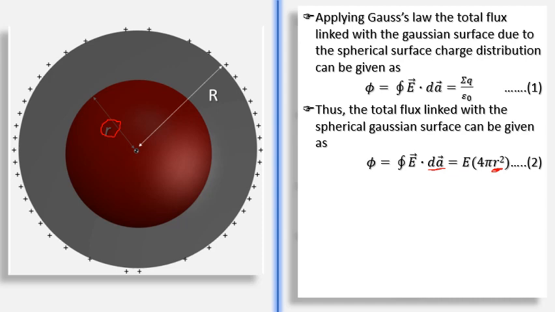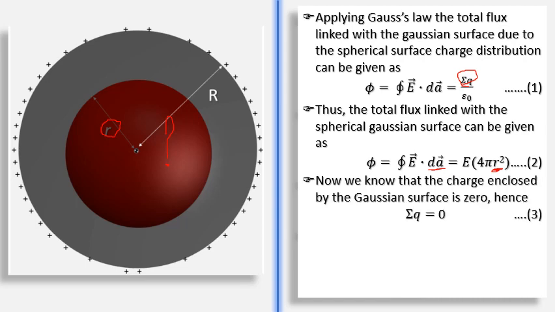What is left now? Sigma q. Find out sigma q. Again, what is sigma q? It is the charge enclosed by the Gaussian surface. Now look at the situation and tell me, is there any charge inside the Gaussian surface? No. Charges are only outside. No charge is enclosed by the Gaussian surface. And then what should be sigma q? It has to be 0. So sigma q is 0, and equation 2 gets us the left side. Now use 2 and 3 in 1. What will you have?